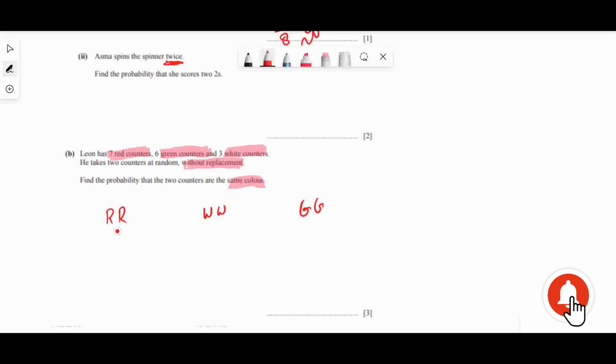Now we know that for the first one, for red, what will be the probability? It must be equal to 7 by, if we add the total, 16. So 7 by 16 multiplied by. Now what about the second one? Second time when he wants to get a red counter, now we will have 6 remaining counters, and here this must